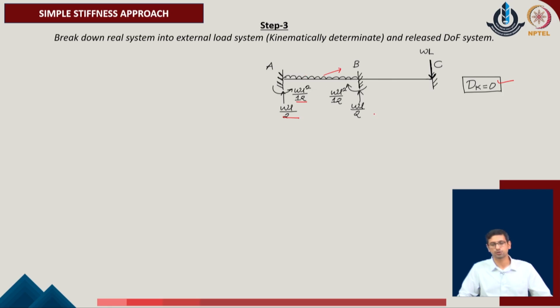Once we have calculated all these values, we identify this as the response due to the external load on the kinematically determinate system. So, we identify this as the P of L component of the given system, and P of L at this point will have the corresponding values in the direction of degree of freedom 1, which corresponds to theta A, degree of freedom 2 which corresponds to theta B, the rotation at point C which is theta C, and the vertical translation in the given problem which is delta C.